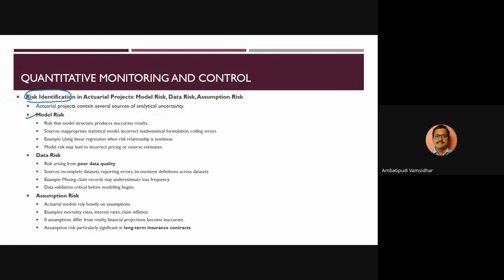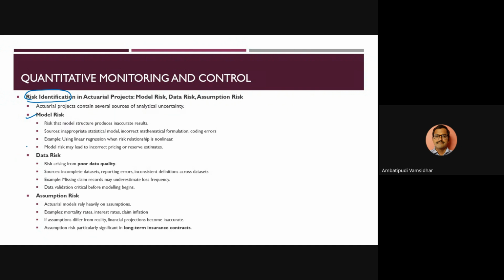The model is wrongly calculated, and I am getting incorrect results. I'm using a very inappropriate statistical model or a mathematical calculation or a formulation, or I might have made some mistakes in coding. All of them are typically impacting,